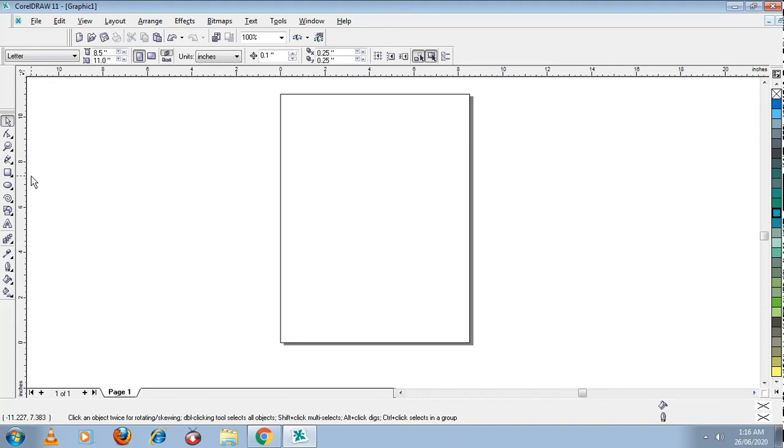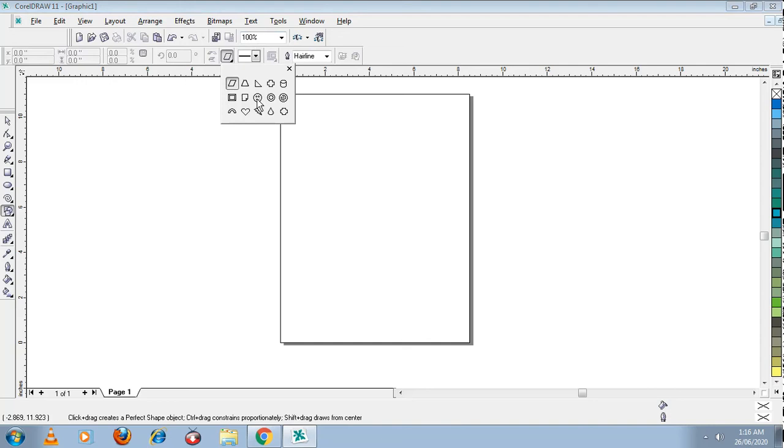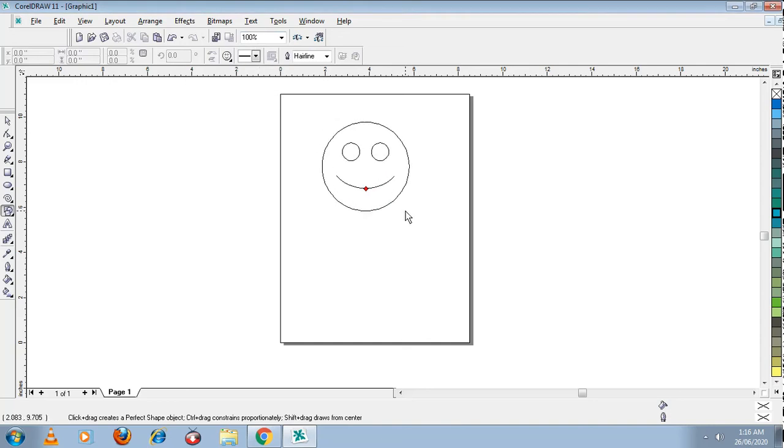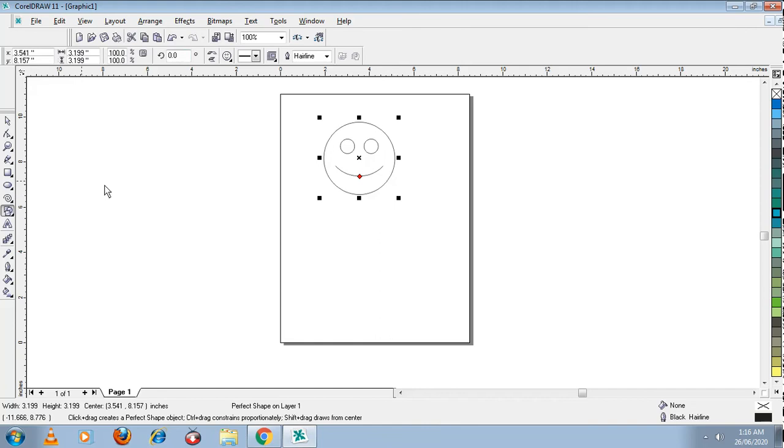Now first of all, we'll be creating a design with the basic shapes. In that smiley face was there, right? Where is the basic shape? See now, here it is, above text tool. This is the basic shapes. In this smiley face is in, I think, basic shapes only. Let's try out. Yes, it is here only. I'm selecting it and drawing a smiley face. Done.